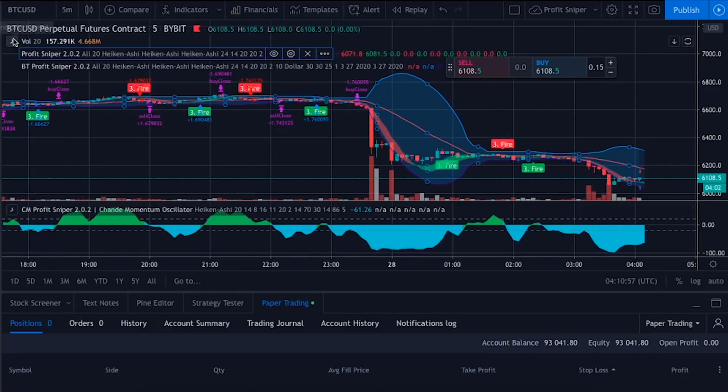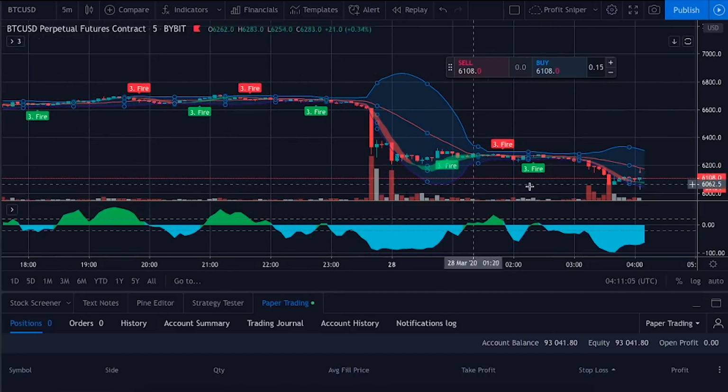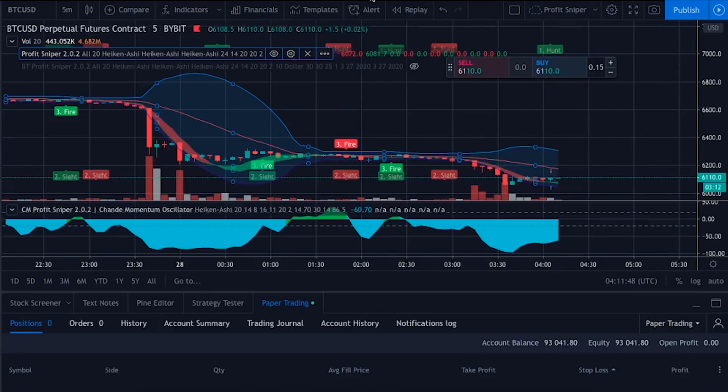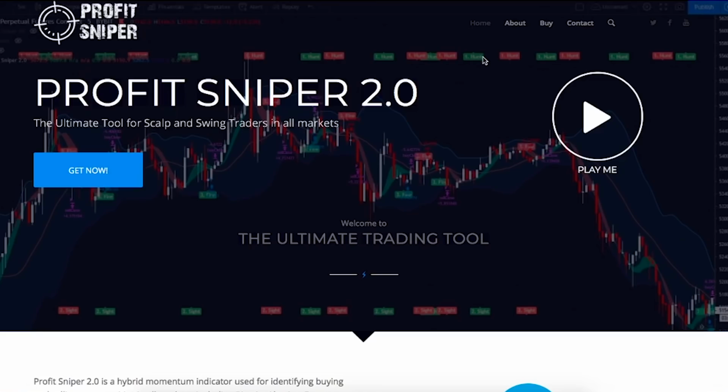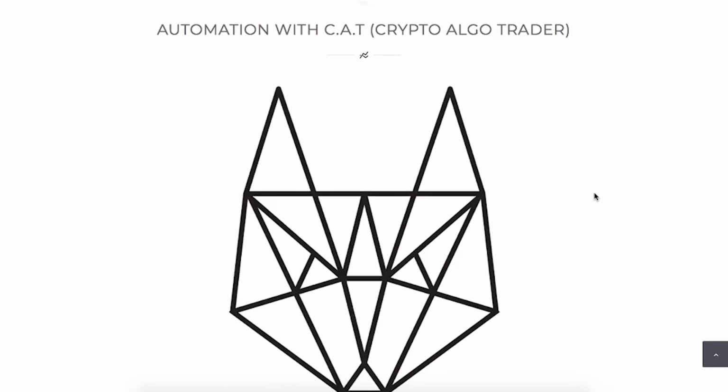When you start trading, you can also go and close the backtest, so you only see what you want to see and what you need. So let's go back to the Profit Sniper, and let me tell you a little bit about the CAT automation,